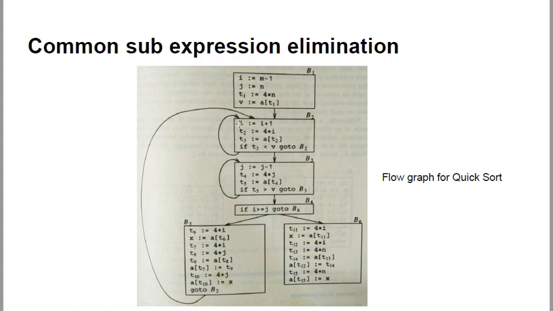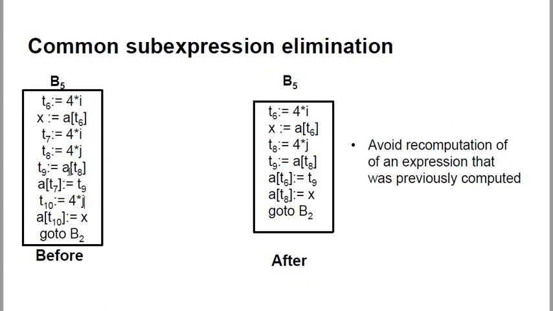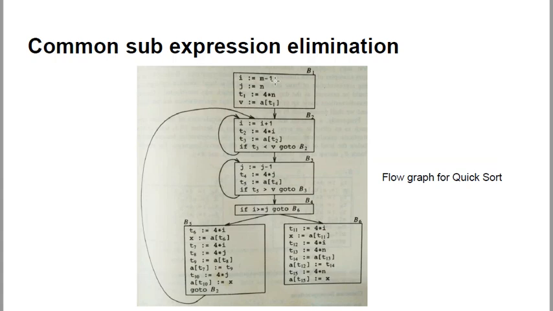So we can use these values of T2 and T4 itself in B5 and B6 for further computations if we have anything. Over here we were just showing you one example of how to eliminate your common subexpression. If the whole flow graph is given to you, you have to see from the beginning which portion is having your common subexpression. So if this 4 into I is previously calculated and stored in some temporary variable, and that temporary variable is not modified, then we can use that temporary variable later also.